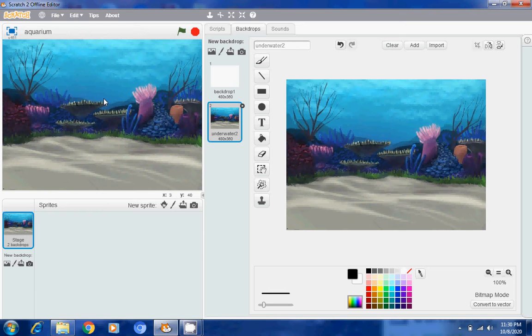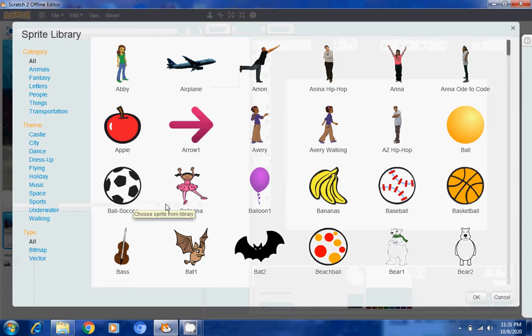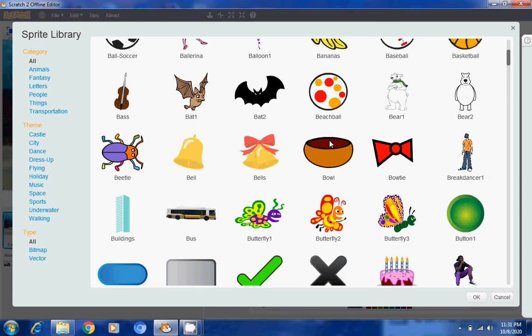For fish, from where can we take fish? From here, new sprite, choose sprite from library. We will click on it and come to the fish. It starts with F, so we have to come to F. Wait for a while, it's processing.